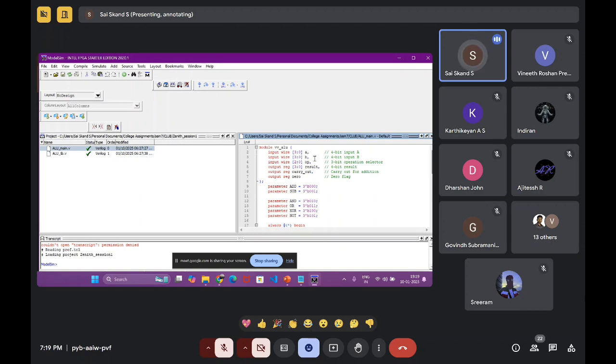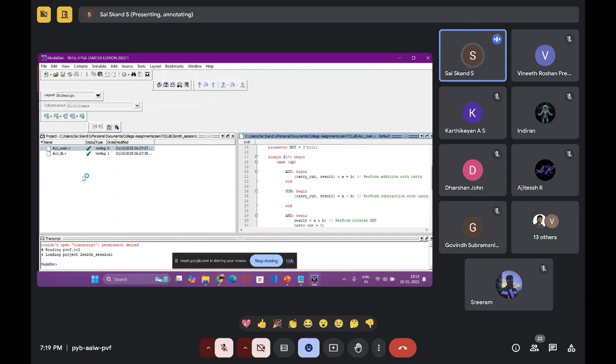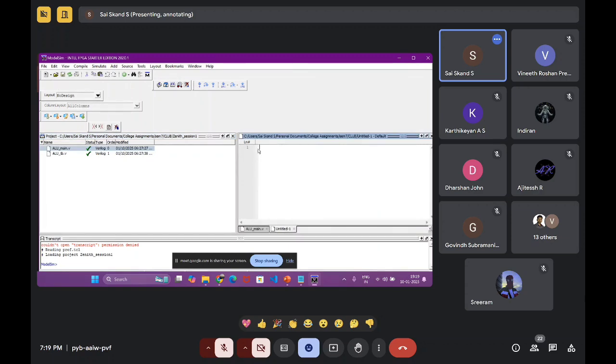Now we have defined the module. Let me just open a new file, it'll be easier for you. So module, this is how we define any name. Inside this, what are the parameters? Inputs and outputs. A, B, C. I'm just keeping it like this. C out. Oh, there's an extra bracket.